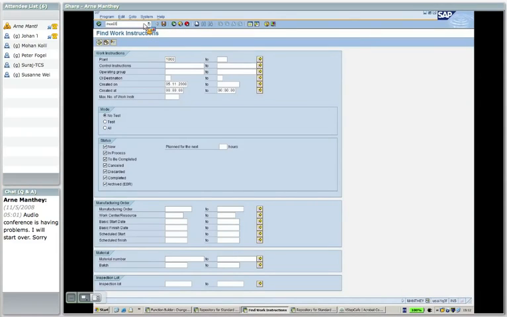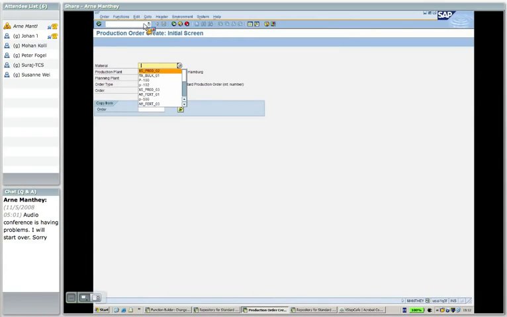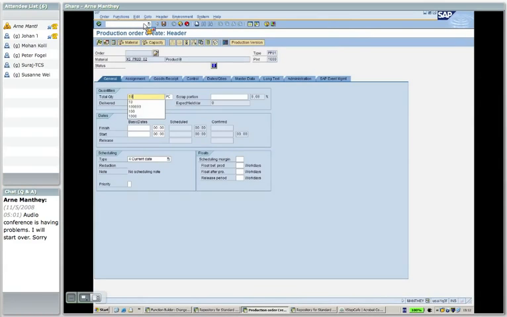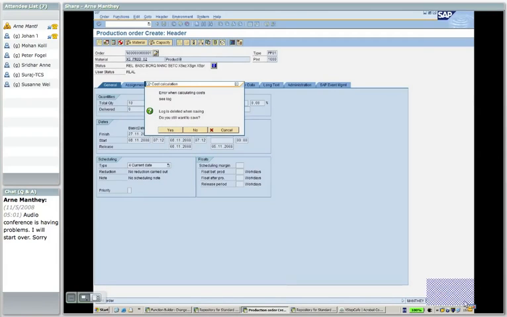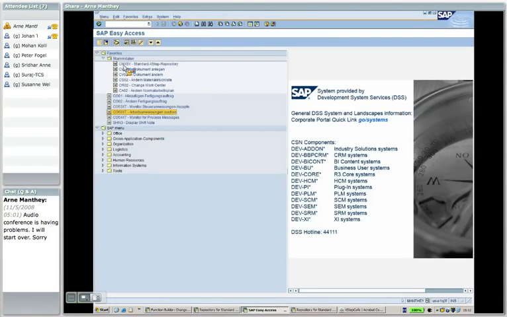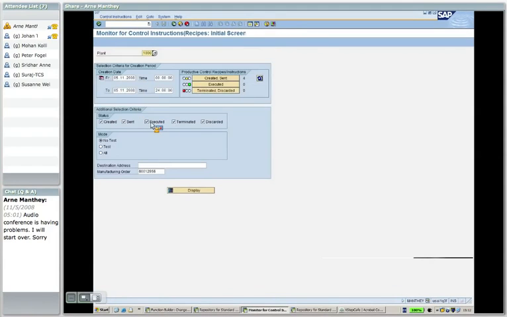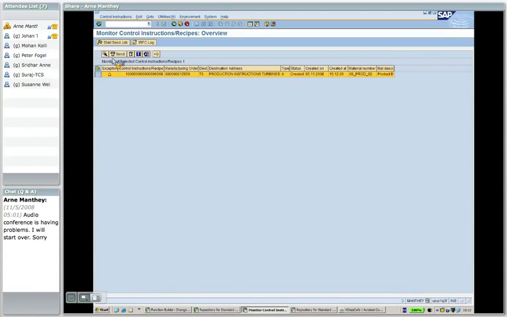So I create a production order. Pieces. Create control recipes here. And send this control recipe. Finally,